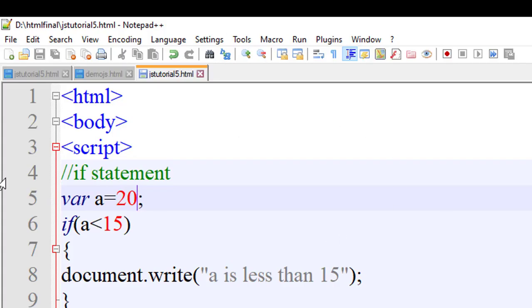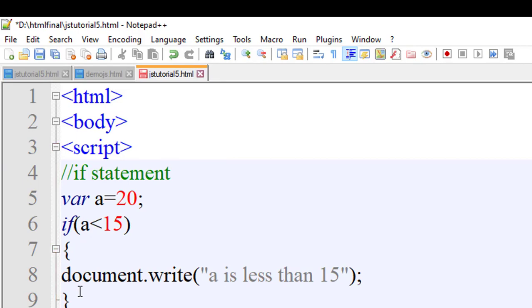Okay, that means the else part is missing, then the program will not display anything because the program is not getting any statement for the greater value. Okay, for that we will use the else part.